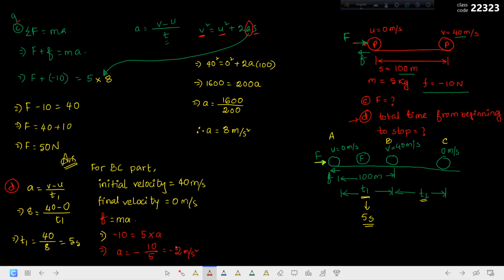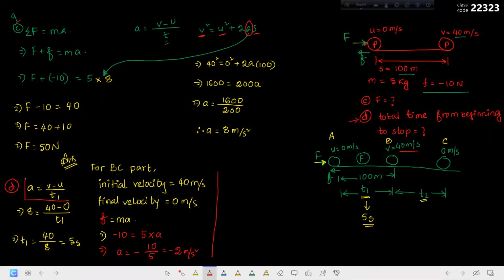So acceleration is negative. What does that tell you? It's deceleration. Very good, it is decelerating. That means the velocity is decreasing, and that is what we see here, right? So everything is logical and matches with what we have learned so far. From 40, the velocity becomes 0. That means the velocity has decreased. So when velocity is decreasing, acceleration is negative, and we call it retardation or deceleration, right? Acha. So again, we will apply this equation.